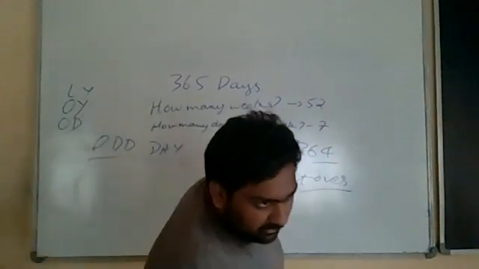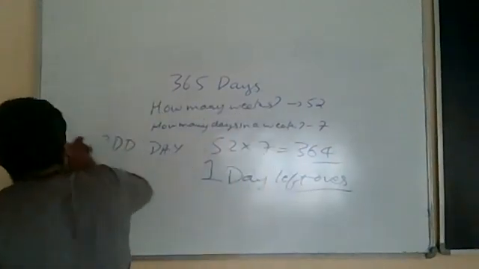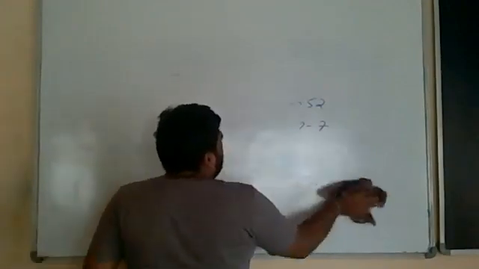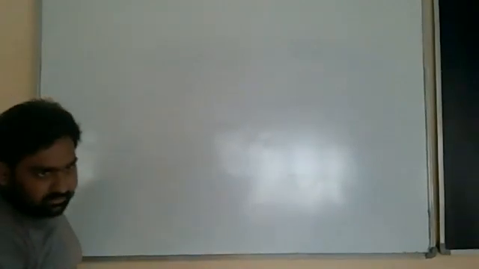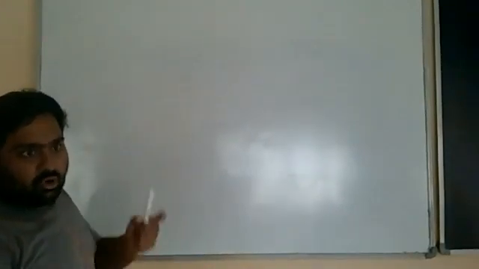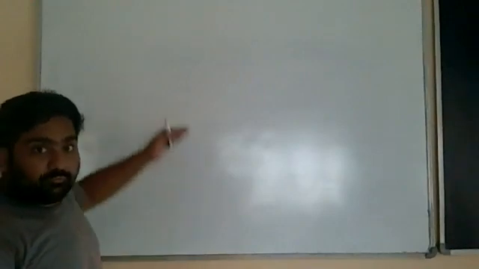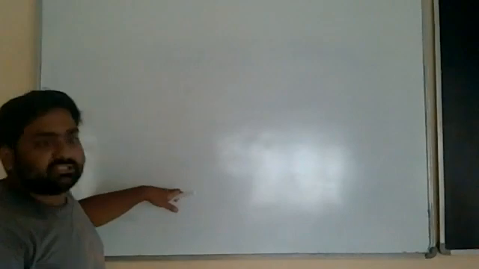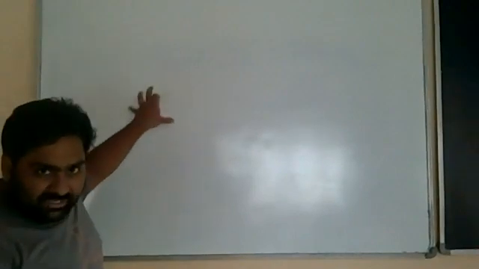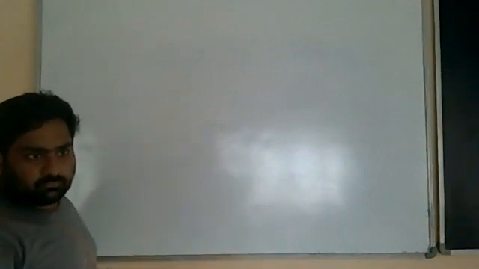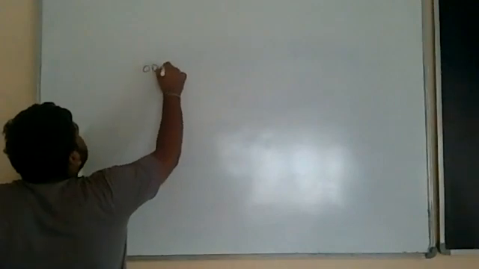Remember this. Okay? Always remember the odd day is a concept coming into picture only because of the weeks concept. If there was no week concept, odd day concept would be irrelevant. Because we know 52 weeks, 7 days in a week, that's why it is 364. If there was no concept of a week, then odd day would never have occurred.